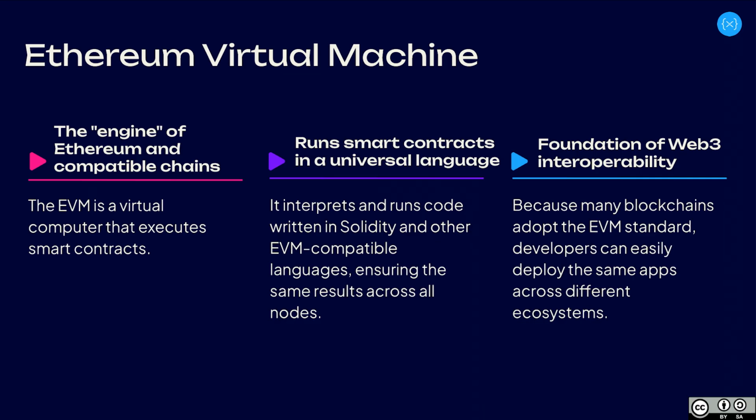I will add some edge cases there because there are some EVMs that are not always 100% compatible with the Ethereum Virtual Machine at a very, very low level, so at the opcode level. But most of the time, when you write a smart contract on Ethereum, you could deploy it on another EVM chain. And it's mostly the foundation of blockchain interoperability, because most of the blockchains have adopted this standard and